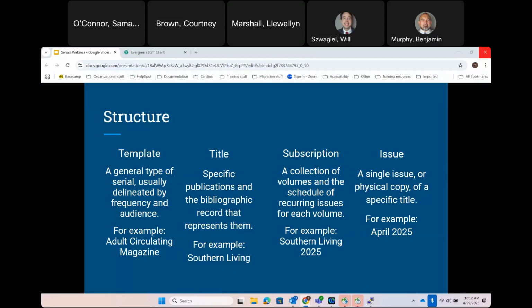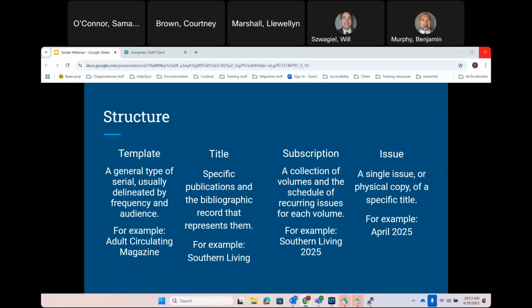So the biggest thing to note with serials is that so much of the cataloging details have to do with maintaining and displaying holdings information. Much of the underlying work with serials really involves understanding and preparing for the frequency of issuance. Unlike with monographic catalog structure, which starts with that bib or title record, and then you attach holdings first as call numbers and then as copies to those bib records,